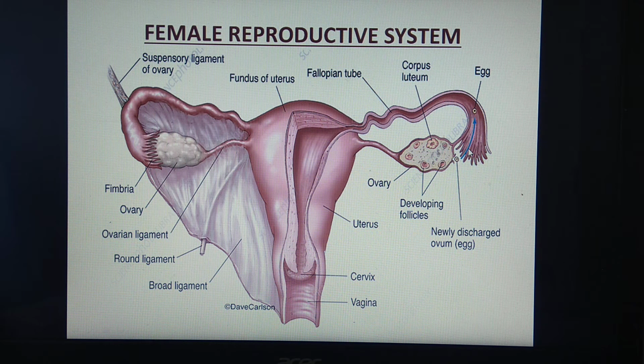Now we are going to see the uterus. What is this uterus? You see in the diagram, this complete inverted pear-like structure is called as uterus. Up to this here, this is uterus, also called as womb. Why is it the womb? Because the development of the embryo takes place inside the uterus. Now we will see the details.